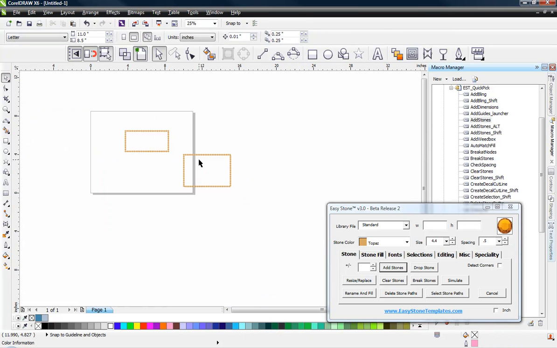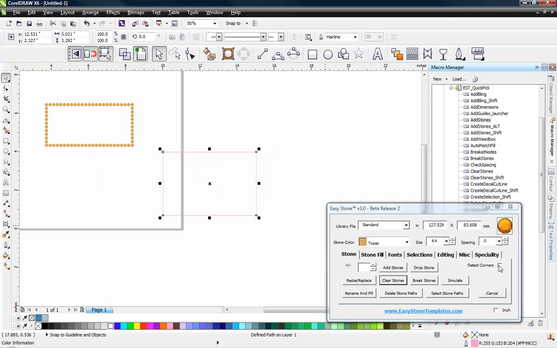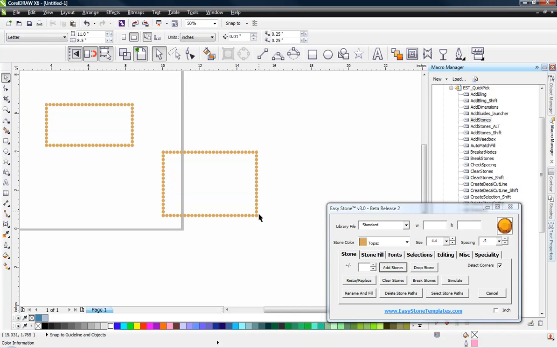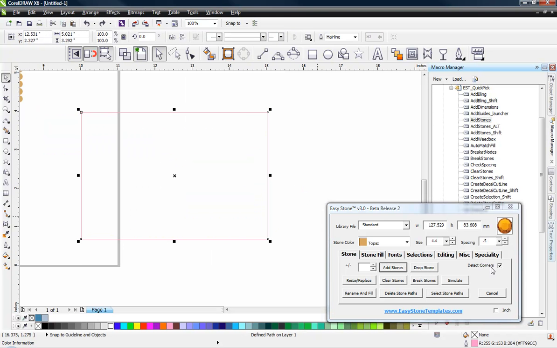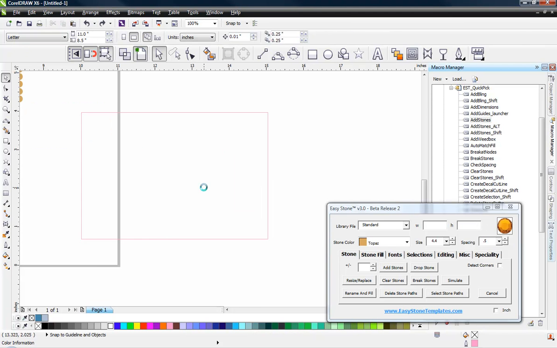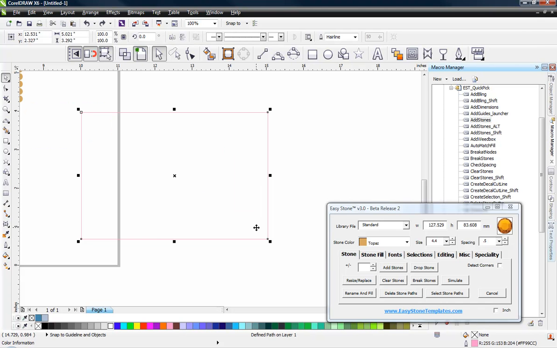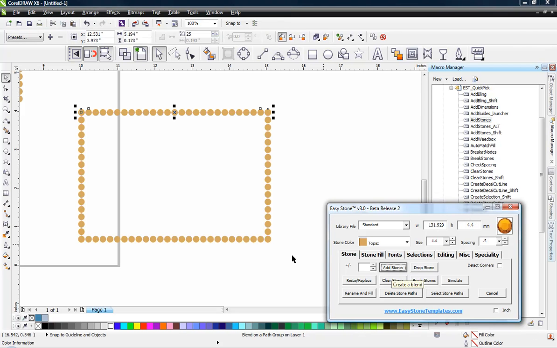So there is an option in Easy Stone. Let's go ahead and select those clear stones. There is an option here where we can choose to detect corners. Now when I click on add stones, now you can see we get an exact perfect stone at every corner. I personally don't like to use the detect corner option and leave it on. So what I did was I built in another option, and that is to select our shape. If we hold down the Alt key and click on add stones, that has the exact same effect as detect